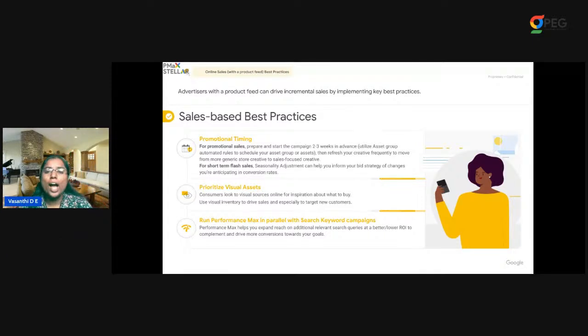Which means when you have offers running in your store, or promotional sales, it is recommended to launch your campaign 2 to 3 weeks in advance. If you launch your campaign in that particular period, you might not be able to understand how your performance campaign works, what performance you can gain, and what creatives are performing better. To understand such scenarios, we always recommend launching your campaign 2 to 3